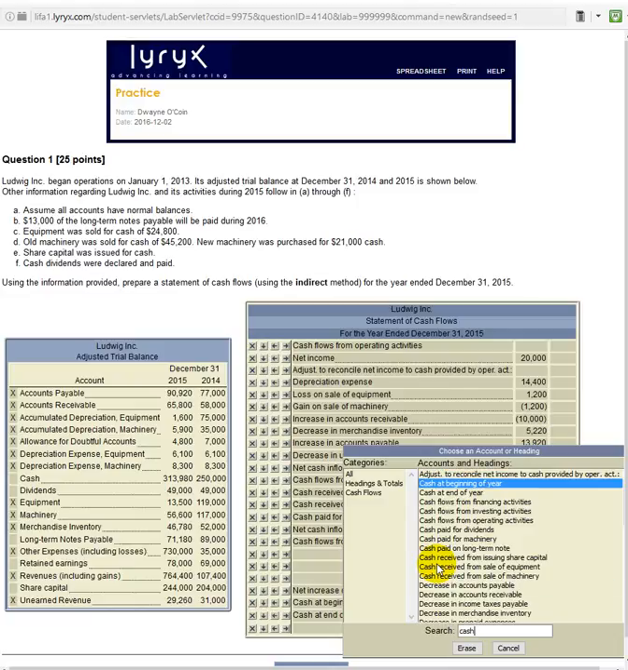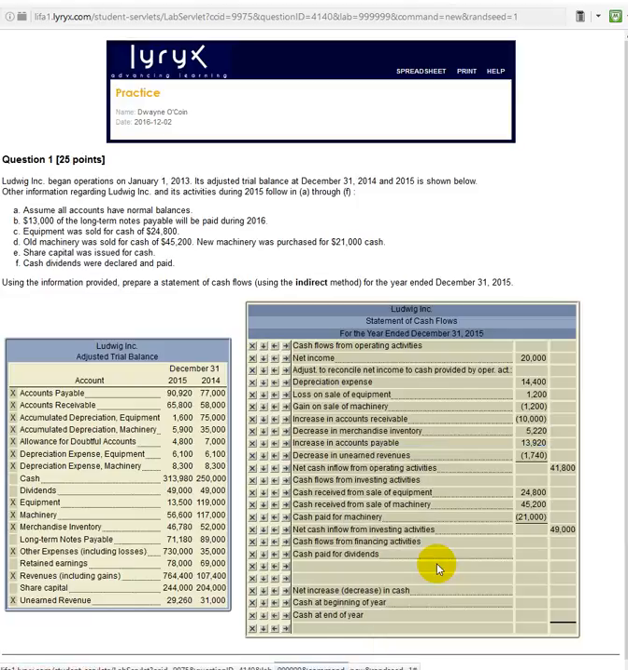Probably cash paid for dividends. Yes, there we go. Cash paid for dividends. It's going to be the amount of the dividends, 49,000, which is right here. It says dividends paid during 2015 were 49,000. Now we could do the reconciliation for retained earnings, and it would work out the same, but we're not going